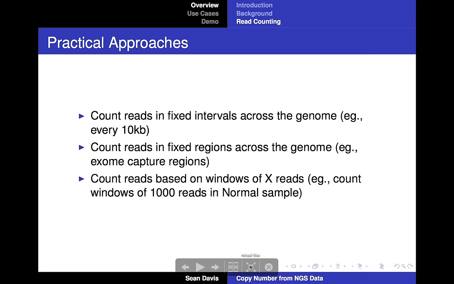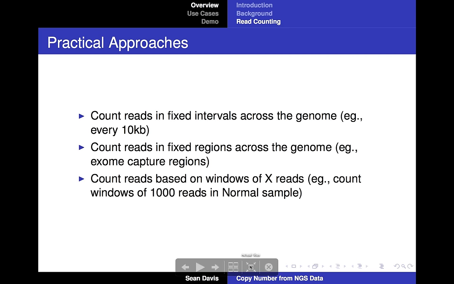Some practical approaches fall into three large groups. We can count reads in fixed intervals across the genome in the tumor and the normal. For example, every 10 kb across the genome, we count the number of reads in the tumor, count the number of reads in the normal, and make a ratio, essentially, to come up with a relative copy number estimate. We can count reads in fixed regions across the genome, for example, exome capture regions. So each exon in the whole human exome becomes a region in which we do counting,